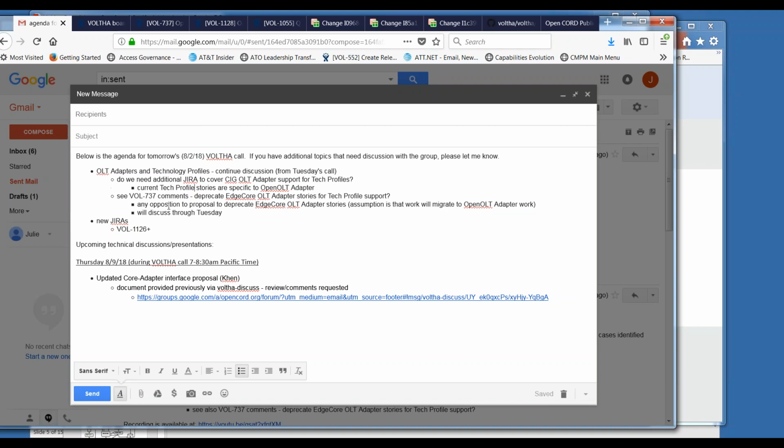I mean the message format and data structure interface between the OLT adapter and the physical OLT.